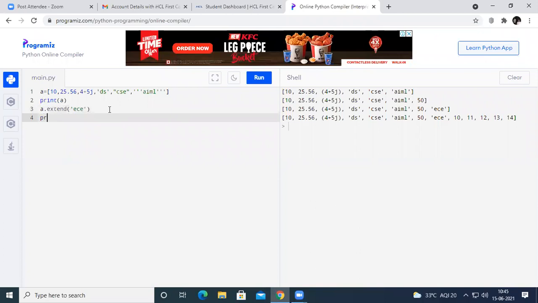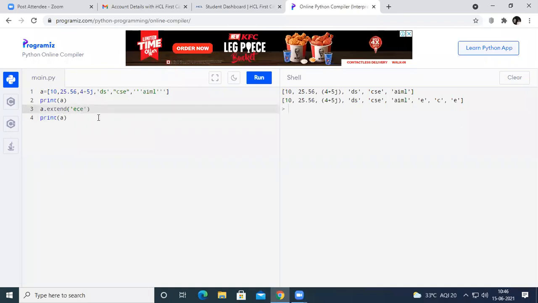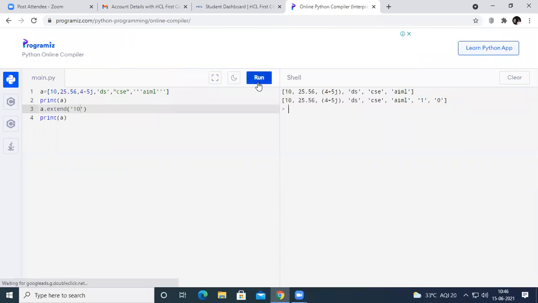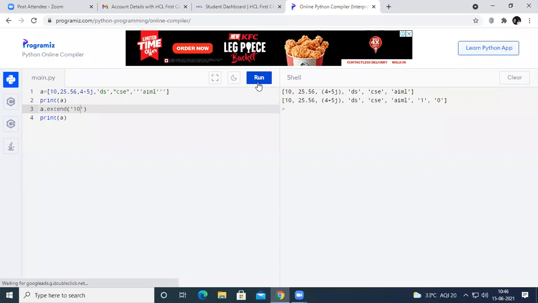So if I print the list again, it is going to add E, C, and E. So the given string has been split. Similarly, if I add 10 and print the list, it has added 1 and 0 separately.